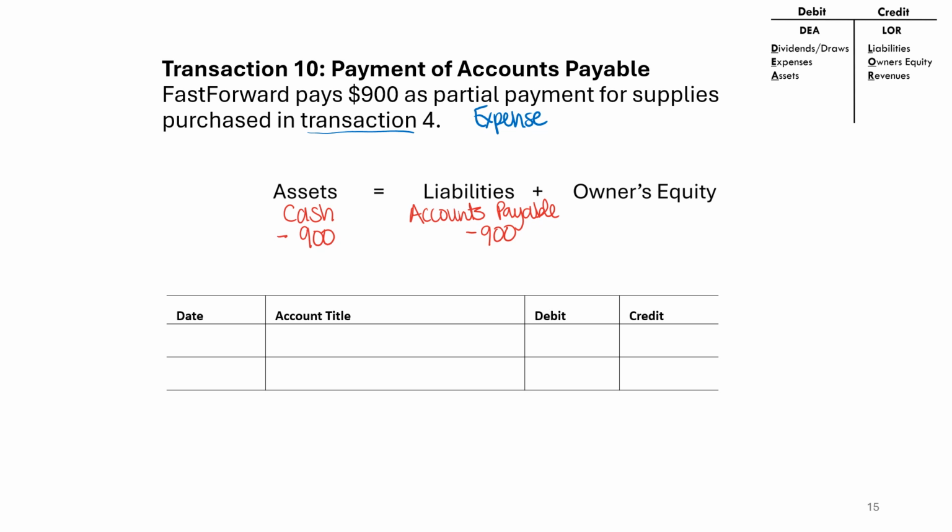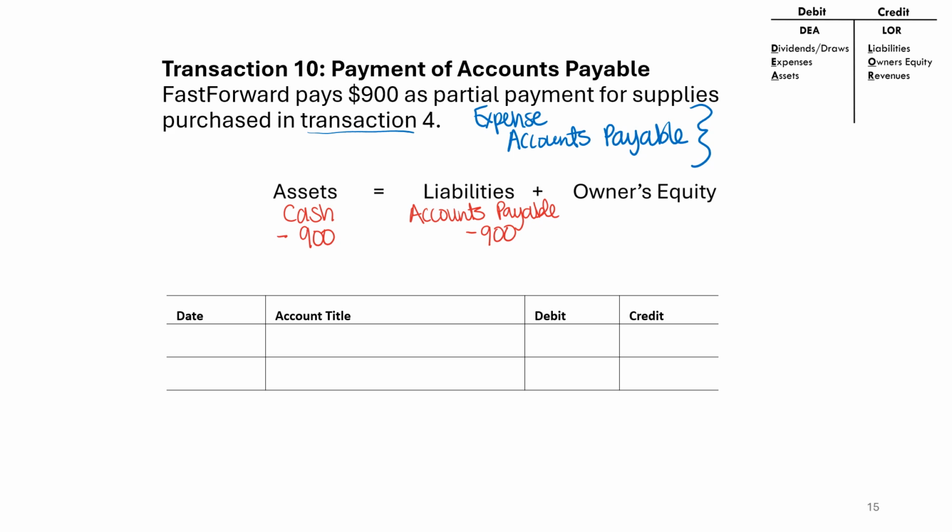Then instead of paying cash, the company records accounts payable to show that they will be paying that amount in the future. So this would be a journal entry that took place previously, and now Fast Forward is paying